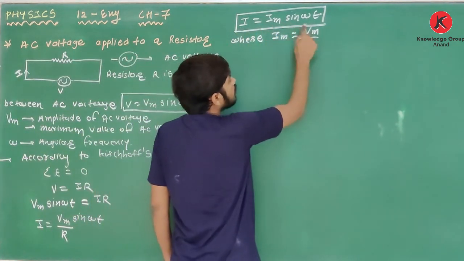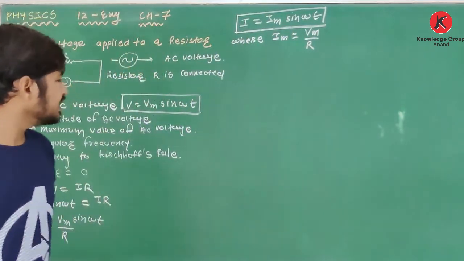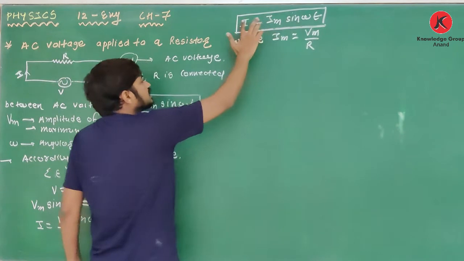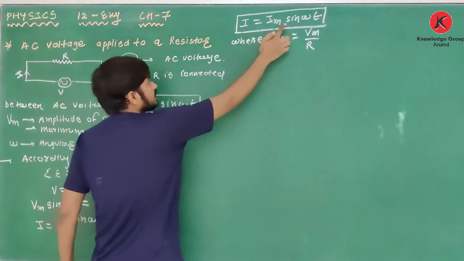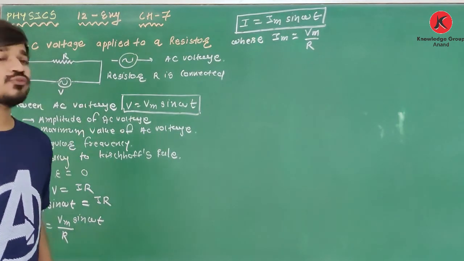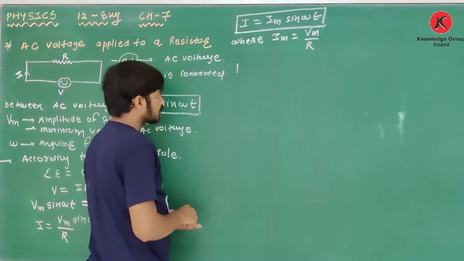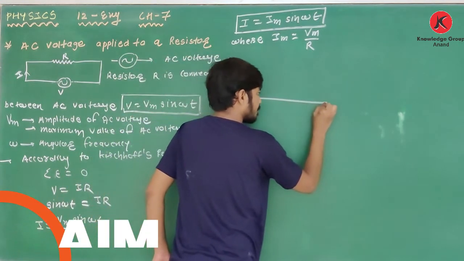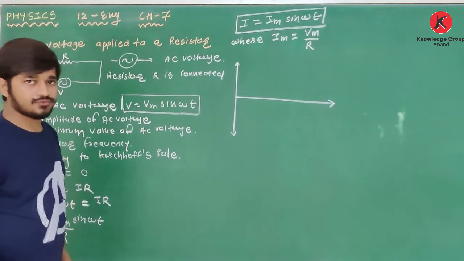Here, I is equal to Im sine omega t. This omega t is the phase of AC current. So in this case, the phase of AC voltage and the phase of AC current are the same. They both are functions of sine omega t. They both are functions of sine. It means what? If I draw a graph like this, okay,